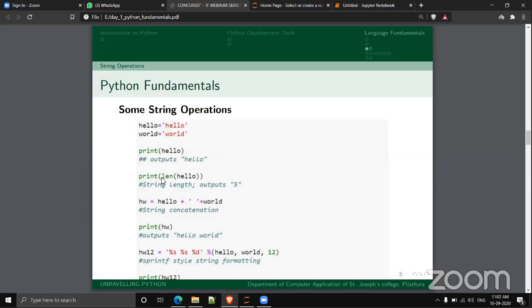On printing len of hello, we know that in hello we have the string hello. So how many characters are there? H, E, L, L, O. That is 5 characters. So len of hello will output the value 5.